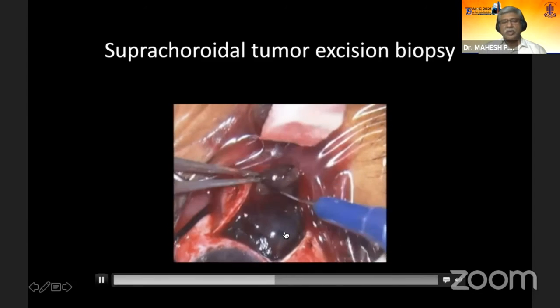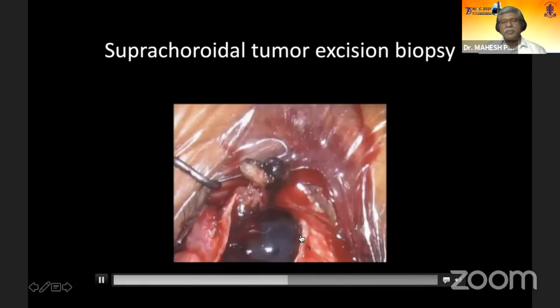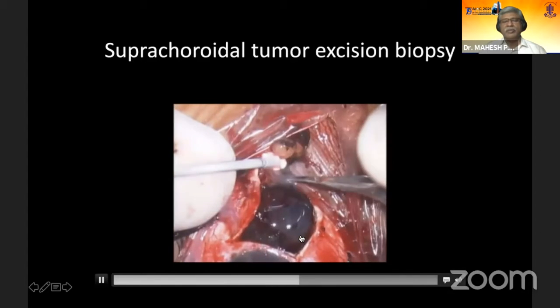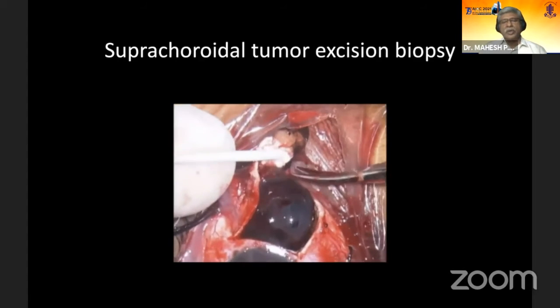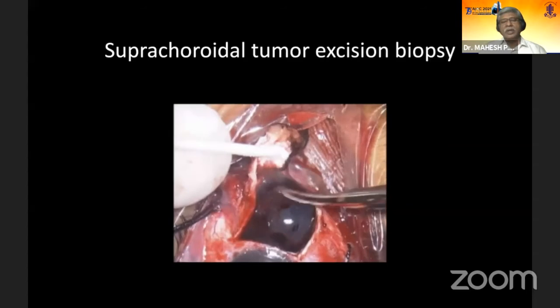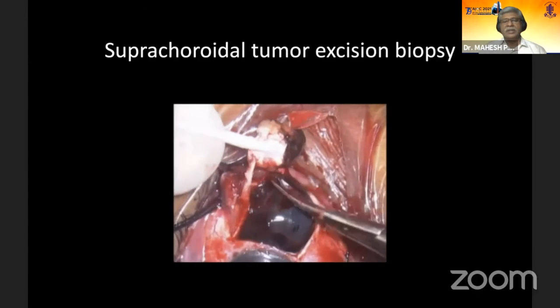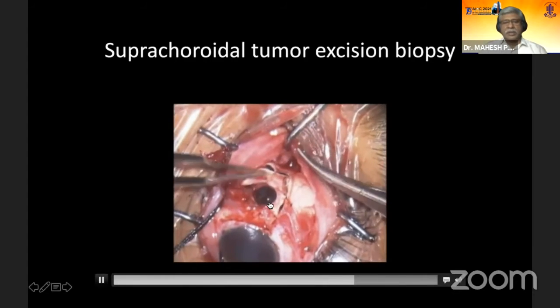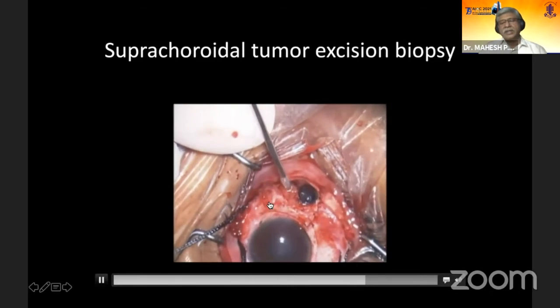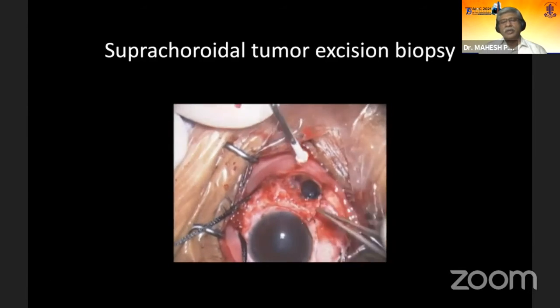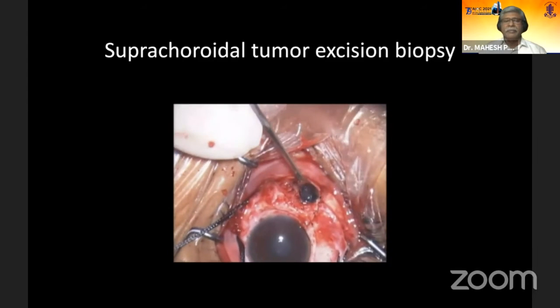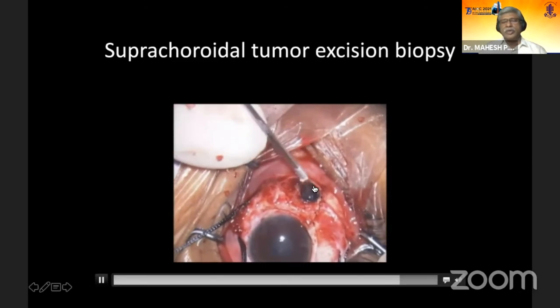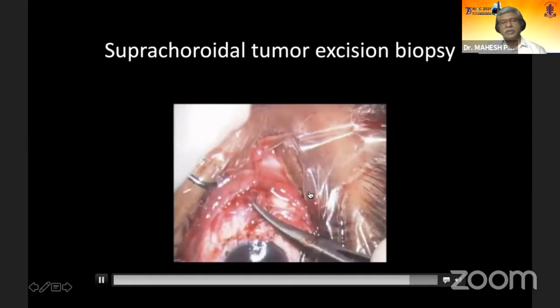Unfortunately, I didn't have any rupture of the choroid except for a little bit of a small loss of pigment here. It was not a defect. There was no vitreous loss or anything like that. Use the endochoroid probe to grab onto the tumor and remove the mass lesion, excised it completely. We put it back, and in the process, the area where I had done an incisional biopsy had opened up, so we had to close that also. So this is again the uveal tissue prolapsing out through the incisional biopsy site.